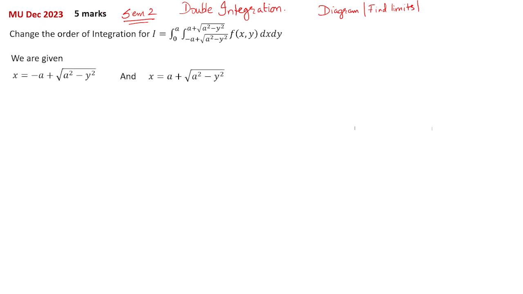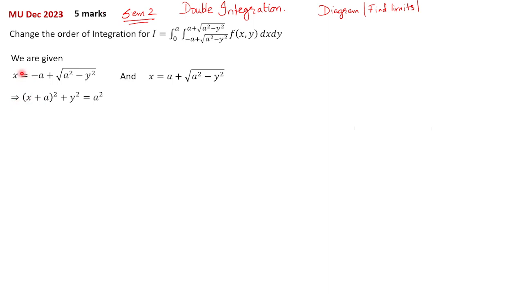Firstly, we are given the limits of x. The limits of x are x equals minus a plus square root of a square minus y square, and x equals a plus square root of a square minus y square. Once you detect this, the internal limits are for the variable x. You simplify this first. What do they tell us? So on simplification,